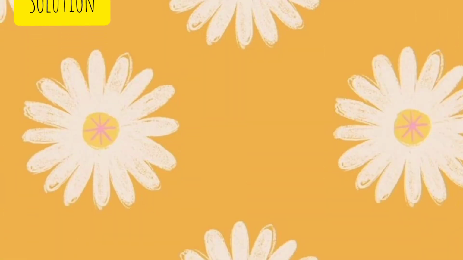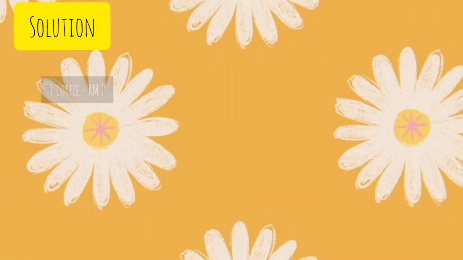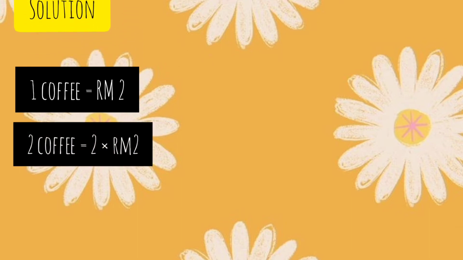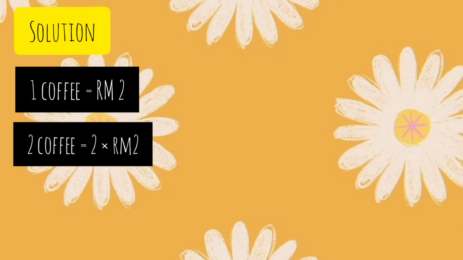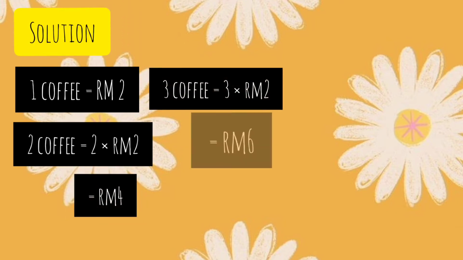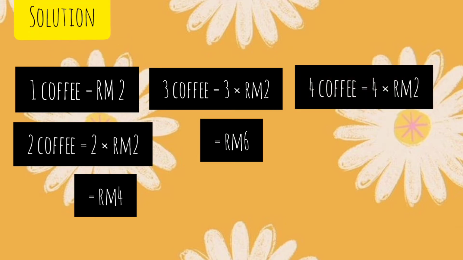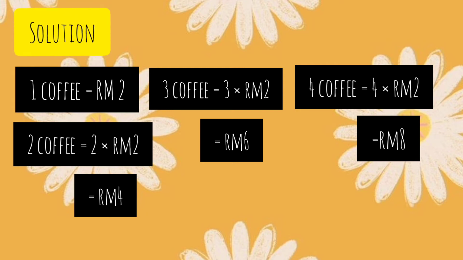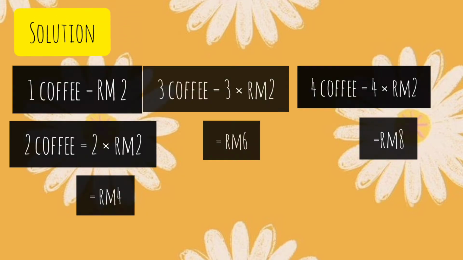If 1 cup of coffee is purchased, the total cost is Rm2. If 2 cups of coffee are purchased, the total cost is Rm2 times 2, which is equal to Rm4. And so on for 3 cups of coffee, which is Rm6, and 4 cups of coffee, which is Rm8. Plotting the points on a graph using x for the number of cups and y for the total cost in Rm, we have